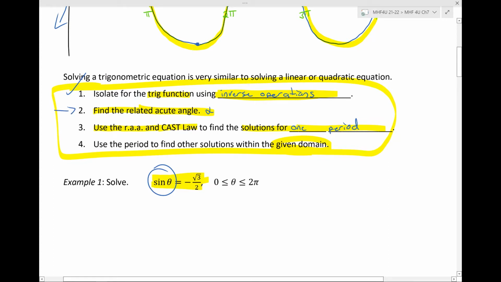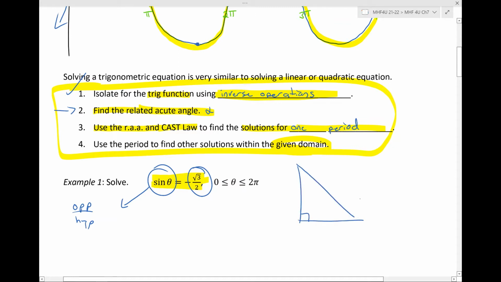We know how to find a related acute angle like this. If we're finding a related acute angle, then we know we're working with the sine of theta. The sine of theta is opposite over hypotenuse. If we're working with a related acute angle, that means we're sort of working in quadrant 1. And if we're working in quadrant 1, then really we only need to consider the positive version of this value. So in quadrant 1,